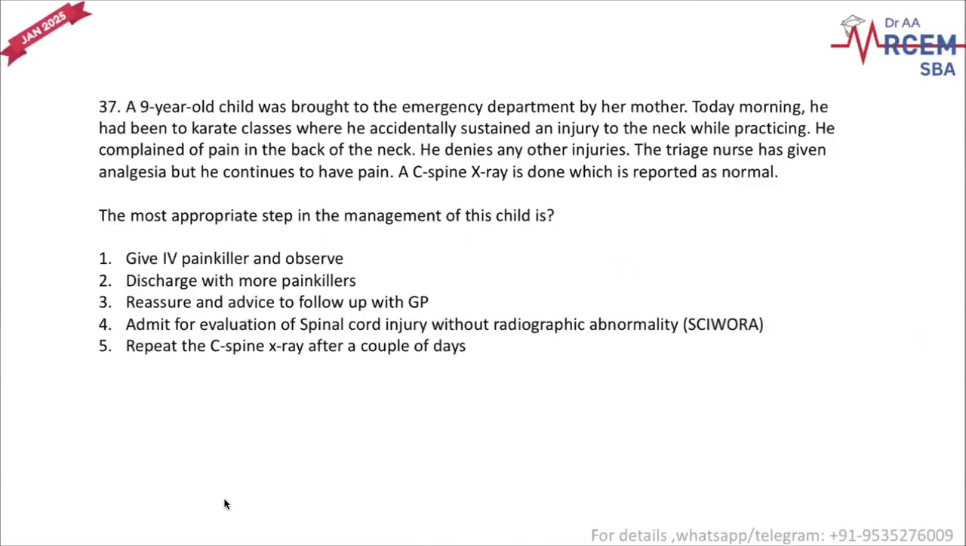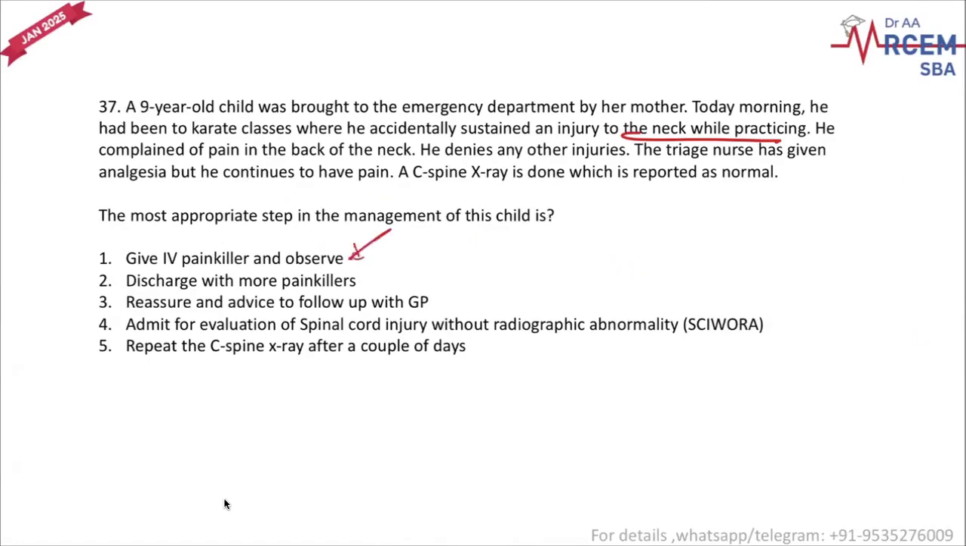A 9 year old child was brought to the ED by her mother. Today morning, he had been to karate class where he accidentally sustained injury to the neck while practicing. He complains of pain in the back of the neck. He denies any other injury. The triage nurse has given analgesia, but he continues to have pain. A cervical spine X-ray is done, which is reported as normal. The most appropriate next step for the management of this patient is